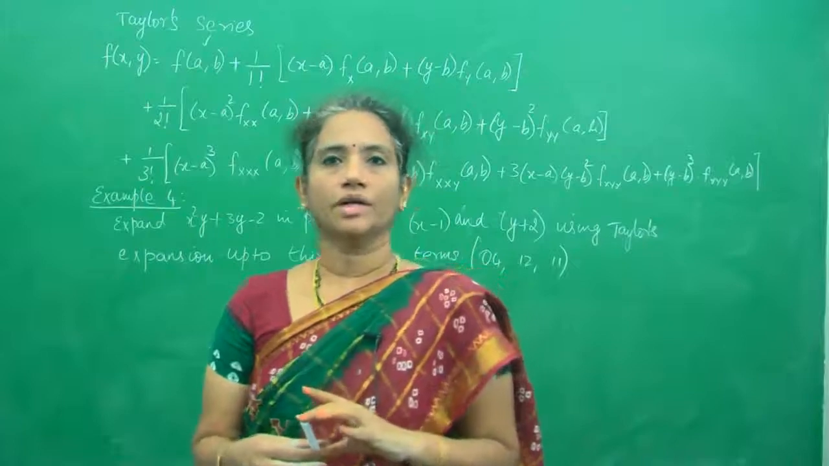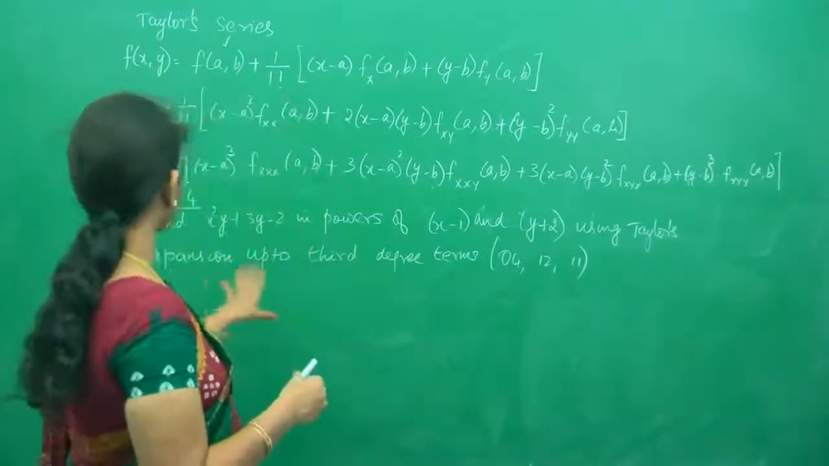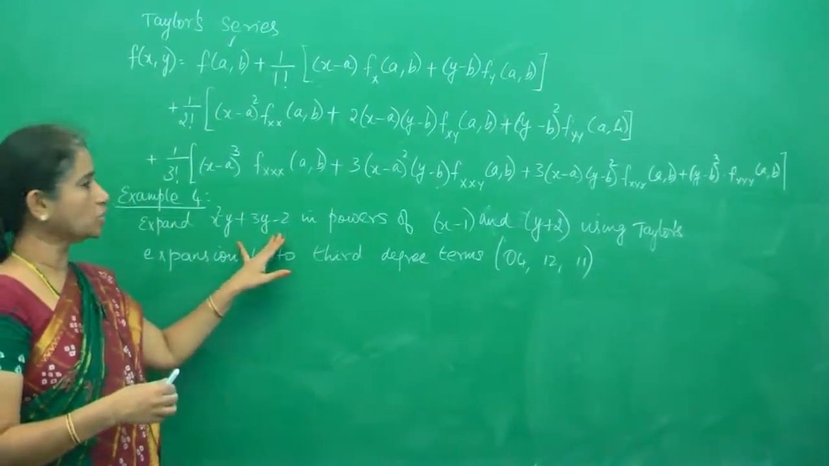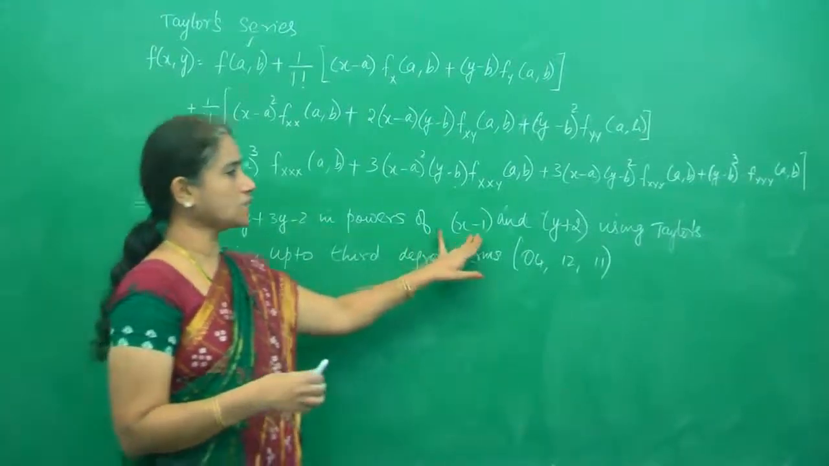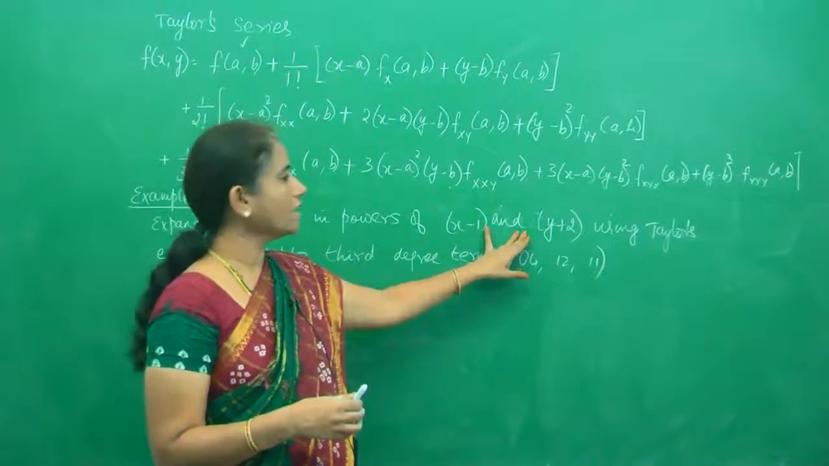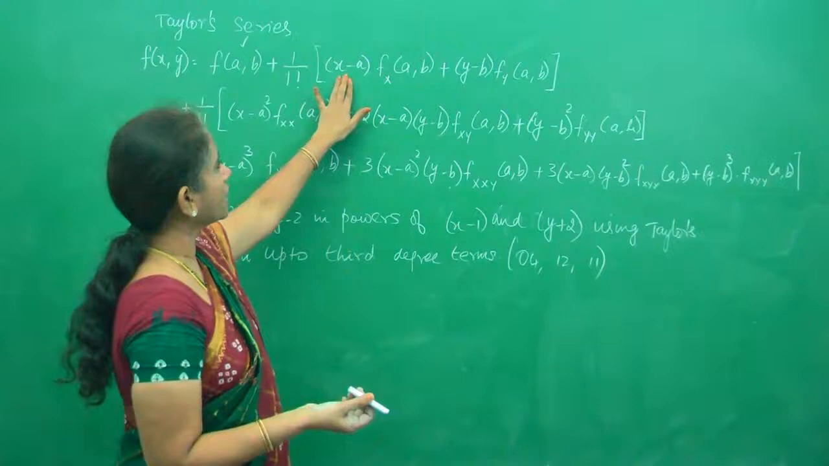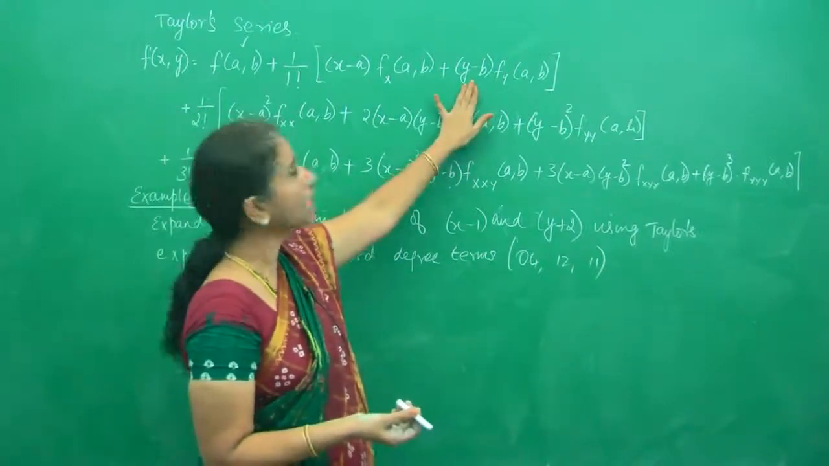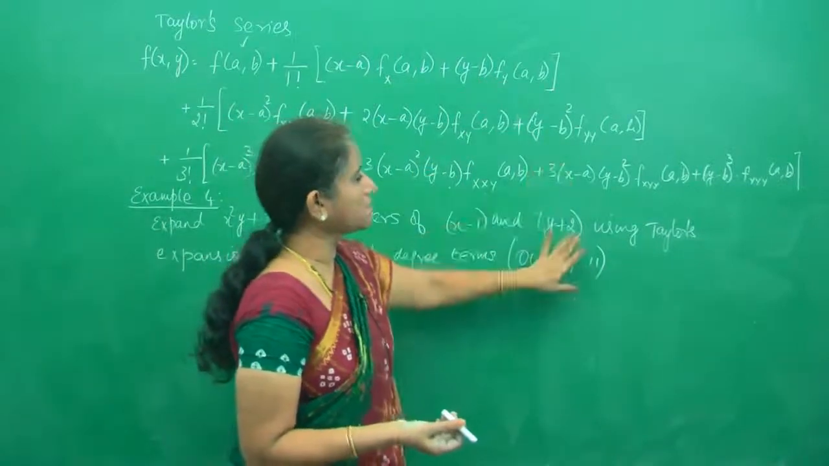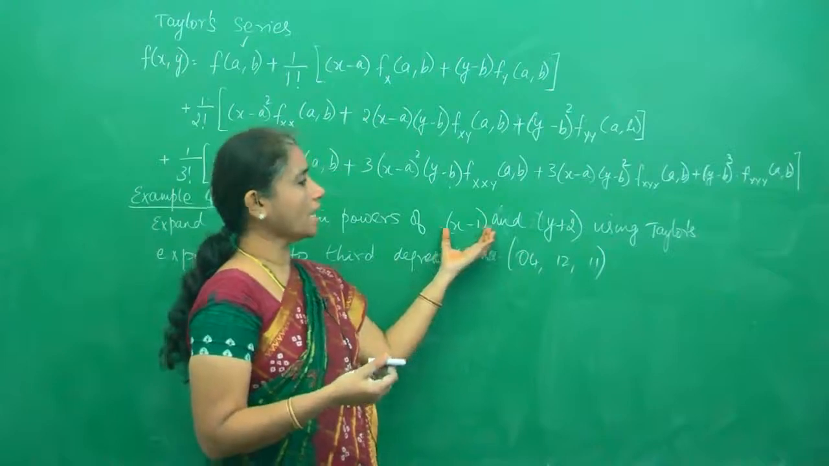Hi everybody, we are going to do a section B question now, which is the expansion of a polynomial x squared y plus 3y minus 2 in powers of x minus 1 and y plus 2. Basically, in this question you must be wondering what are the values of a and b. Look at the formula. You have x minus a and y minus b here, and instead of telling a is 1 and b is minus 2, they are asking us to expand it in powers of x minus 1 and